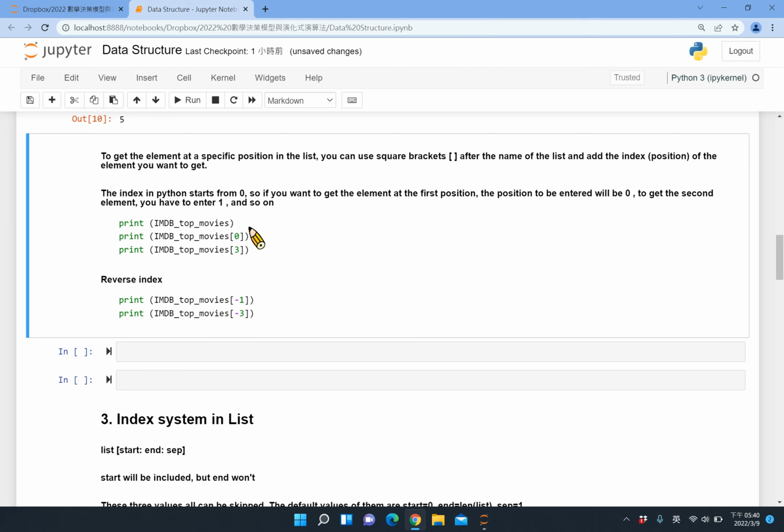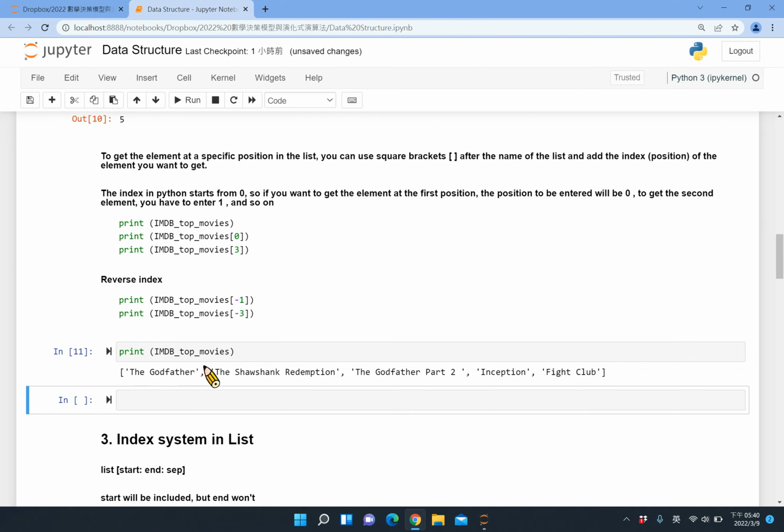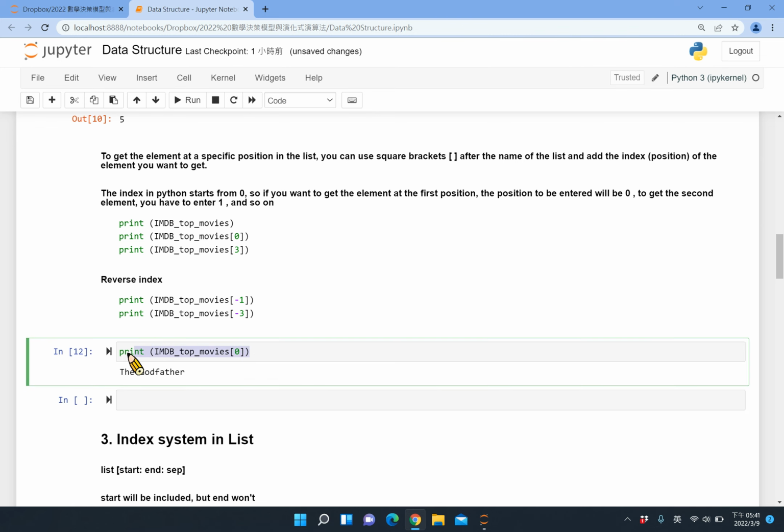But when you want to provide the information of the index, usually we use middle bracket. If I print without middle bracket, that means I want to see all the content in the list. However, if I go with a bracket, that means I just want to see one of them